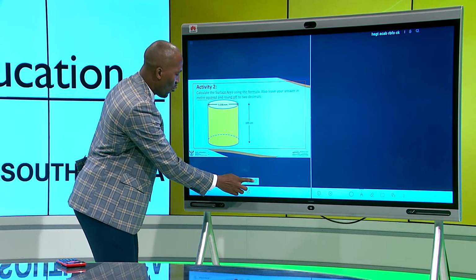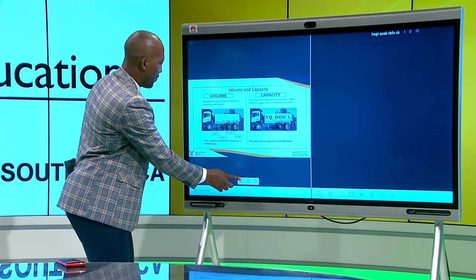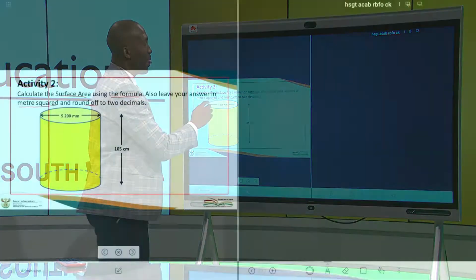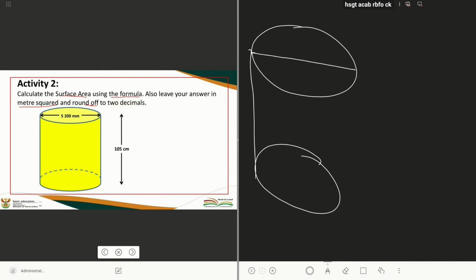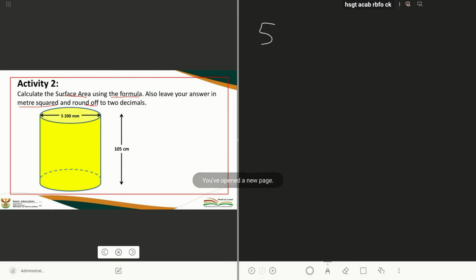We are going for the steps now. We are having a cylinder, whereby in our cylinder, we are having a circle there. We are having another circle here, and our cylinder is having a line called a diameter. Our diameter is 5,200 millimeters. We need to convert this diameter. When we convert this diameter, we just say 5,200, we divide it by 1,000. Why do we divide by 1,000? Because